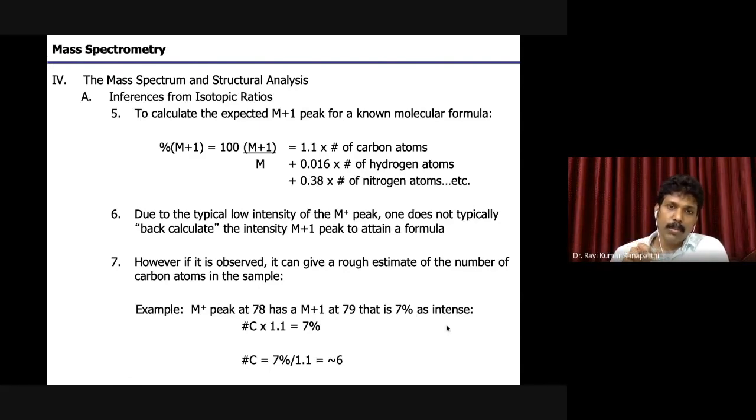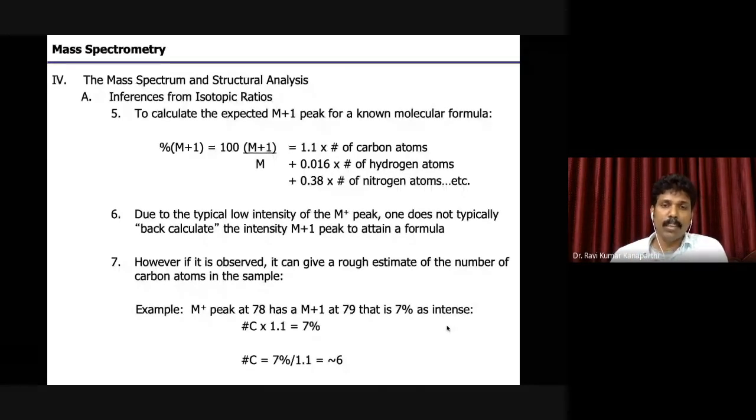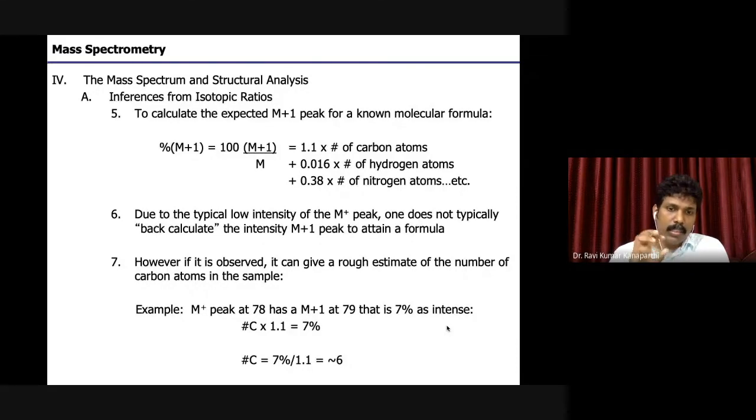That means 2 atoms are there, and you see a 2 intensity, right? So this is an indication that the M+1 peak will give a rough estimate of the number of carbon atoms present in a given molecule. That is the advantage of the M+1 peak, right? The M+1 peak gives a rough estimate of the total number of carbons in the molecule. Why? Because each carbon contributes approximately one, right?